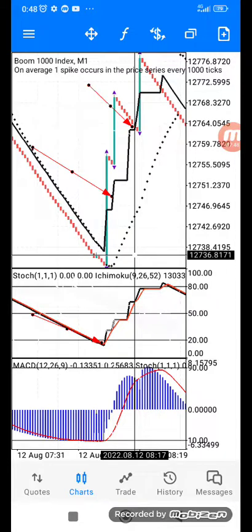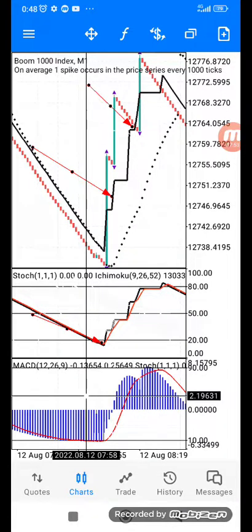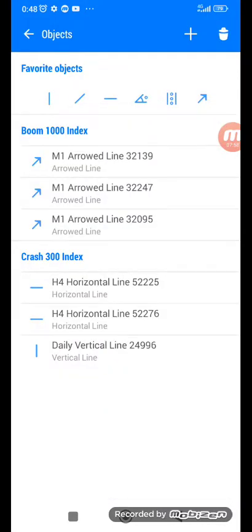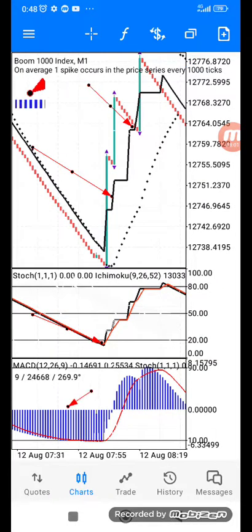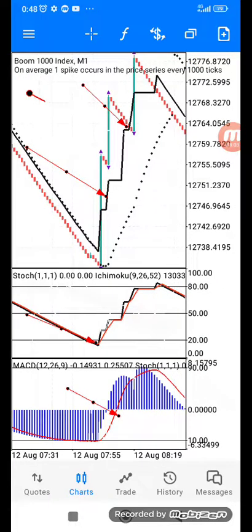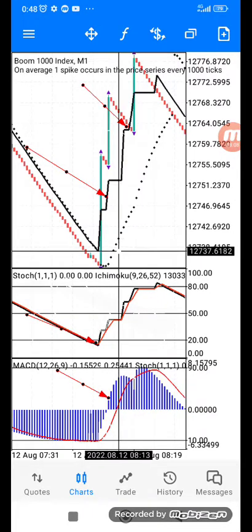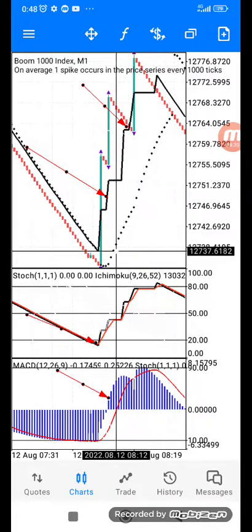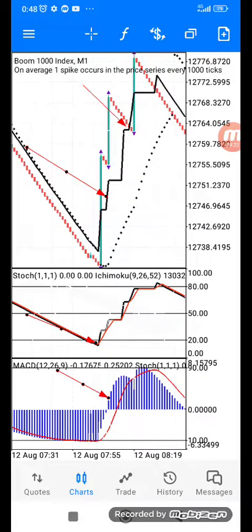Now the reason why this one is powerful is just because of our MACD line. Because our MACD line, the MACD bar, they are already above zero line as at the time the bearish candle retraces back and touches Ishimoku line. As you can see, we have our Ishimoku line, our bearish bar touches Ishimoku line at this level,